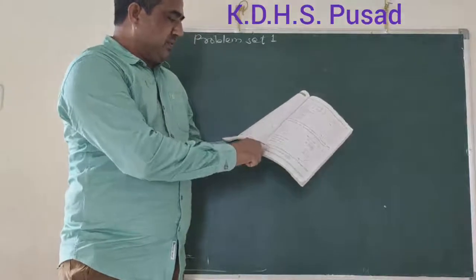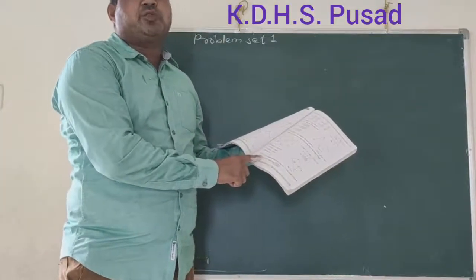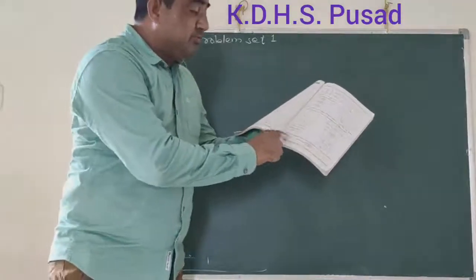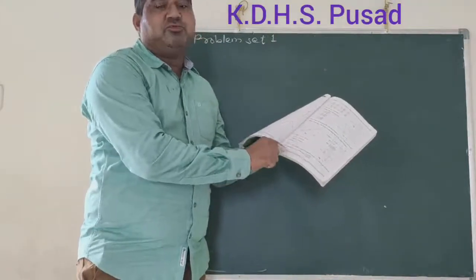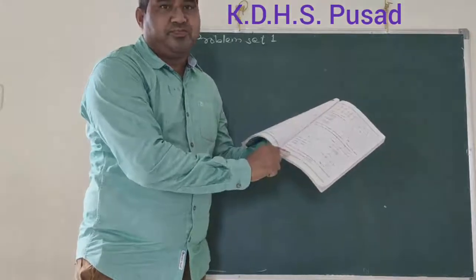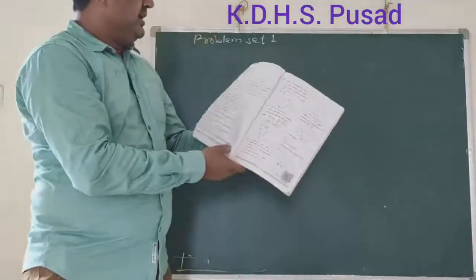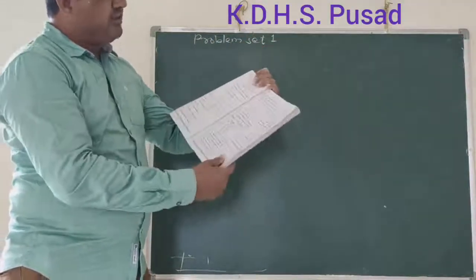Then if two triangles are similar, the ratio of the areas of the two triangles is equal to the ratio of the squares of their corresponding heights as well as corresponding altitudes. So use this logic here: the ratio of the areas of two triangles is equal to the ratio of the squares of their corresponding altitudes. Instead of height, you have to use altitude for question number 6. Question number 7 we have already solved. Now from here we solve a few questions.